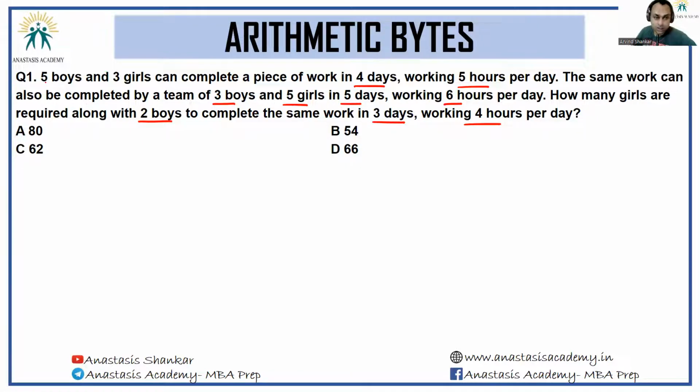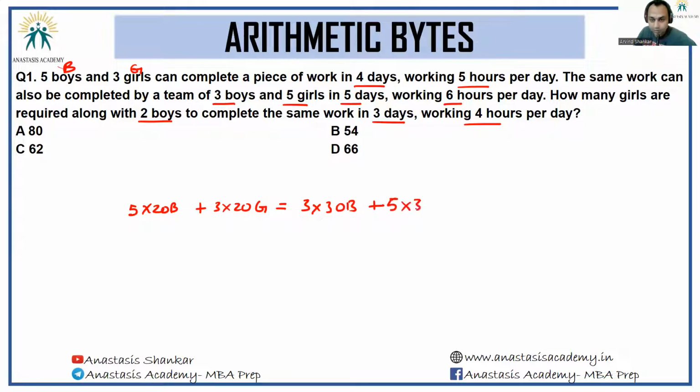Okay, so what I understand out of it is, let efficiency of a boy be B, let efficiency of a girl be G. So you've got 5 boys working for 20 hours in total. 5 into 20B plus 3 into 20G. This is the total amount of work. And this is equivalent to the same work completed by 3 boys working for 30 hours, 3 into 30B plus 5 girls,